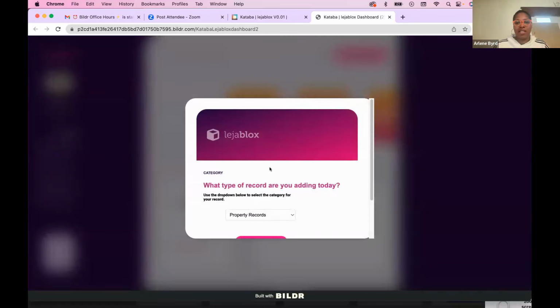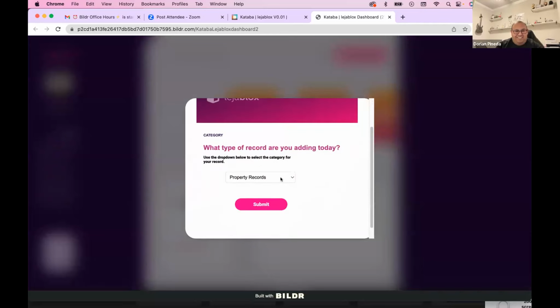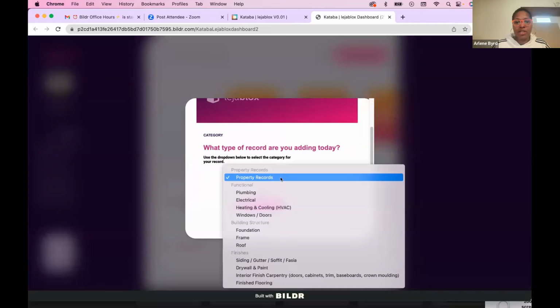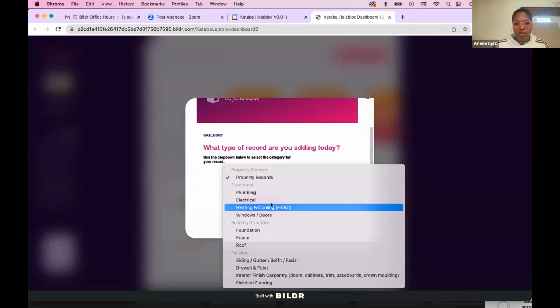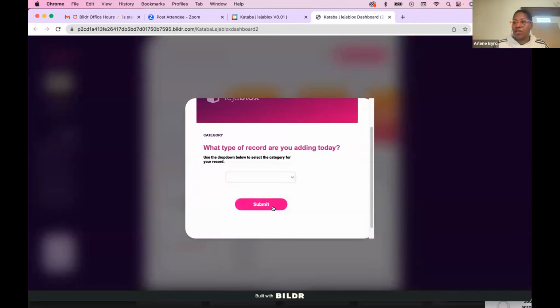So I have my Lightbox. I got that working. And when you first see the select menu, you see property records. You can see it here, but when you click on something, it disappears. Oh, it's something on the change. Yep. Okay, go back to the studio